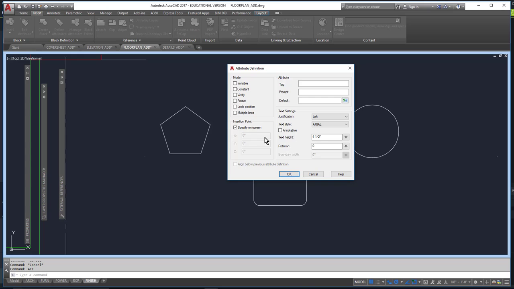First thing I do is unlock the position, and then I'm going to define the tag. This is the name of the attribute, and you cannot have any spaces in the attribute tag. So this will just be finish underscore tag. The prompt will be finish question mark. Default will be 2, well actually in this case,